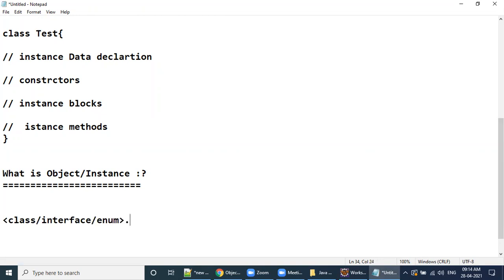Sir, what can we access here? Dot means we can access a property. Sir, what is a property? Don't worry, property is nothing but data only. Data declaration only. Property or data variables.